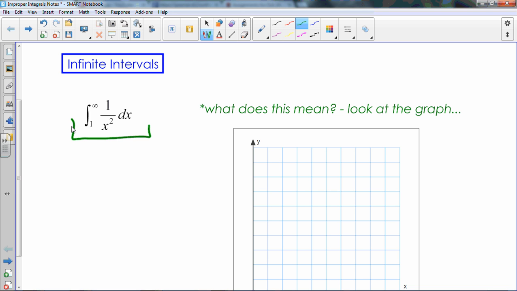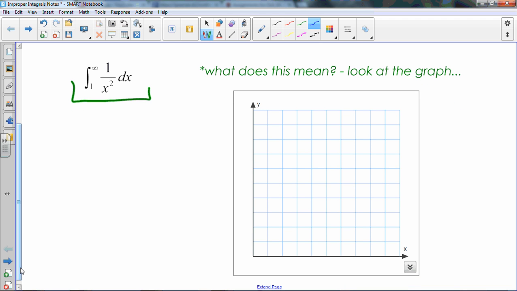This integral right here means that we're looking at the area underneath the curve of 1 over x squared from 1 all the way on up until infinity. To get a better idea of that, I'm going to go ahead and graph it real quick. So let's make this 1, this will be a 2, we've got a 1, and we've got a 2. So if I graph the 1 over x squared function,